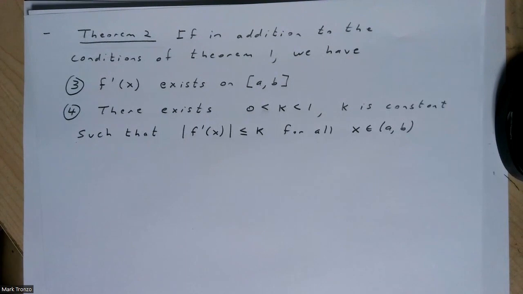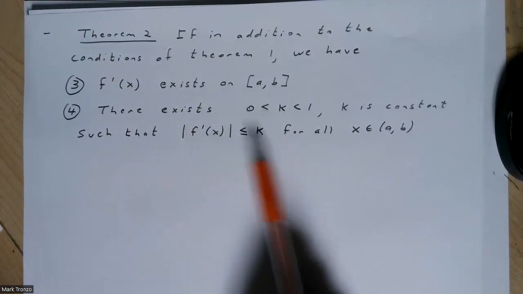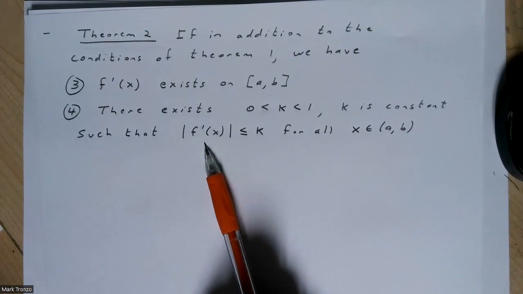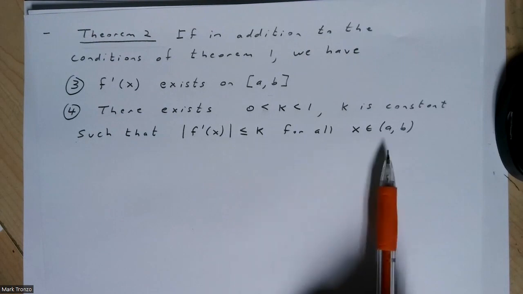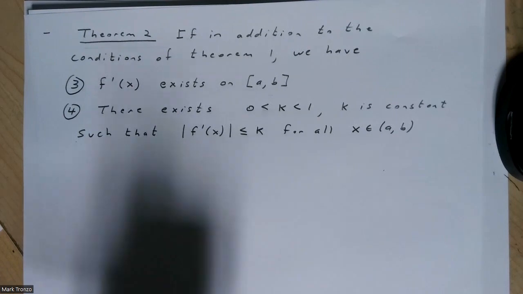So again, in addition to the conditions from theorem 1, we have these two conditions: that the derivative exists on AB, and that there exists a constant k such that the derivative of our function is bounded by k on the interval AB. Then